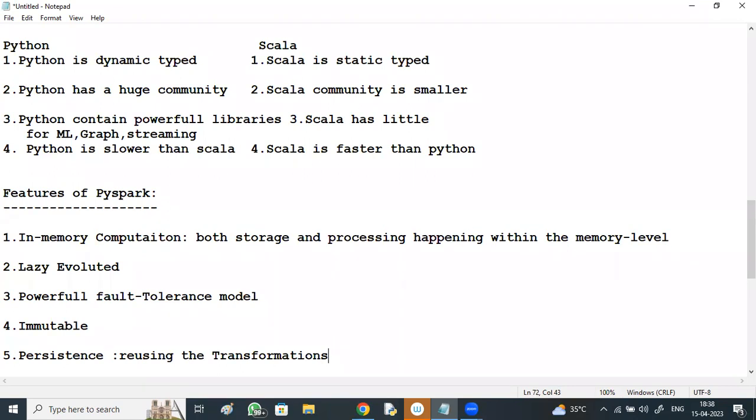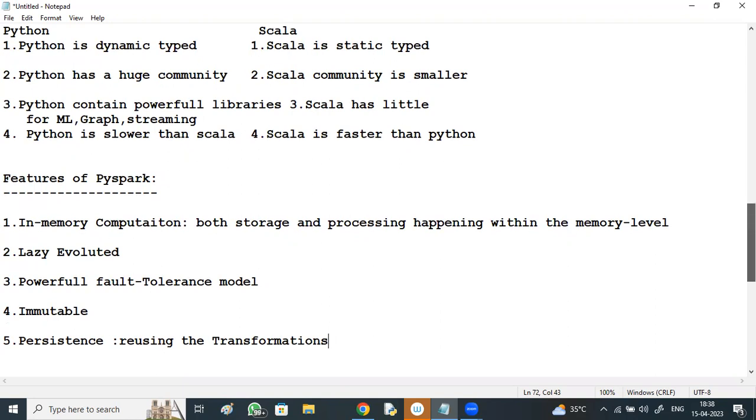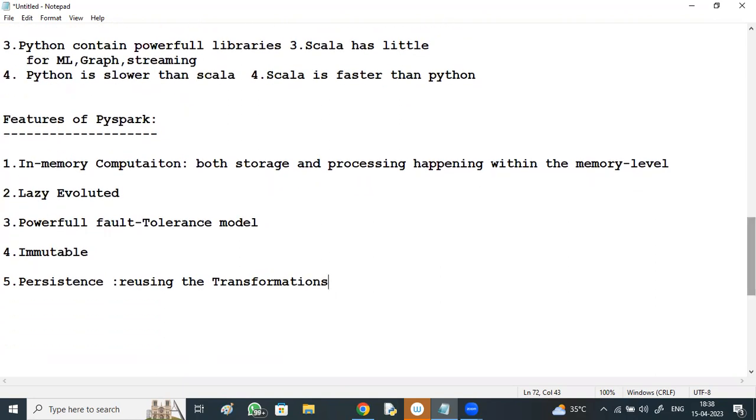So what is a transformation? Spark especially deals with two things: transformations and actions. Transformations, like filter transformation, grouping transformations.